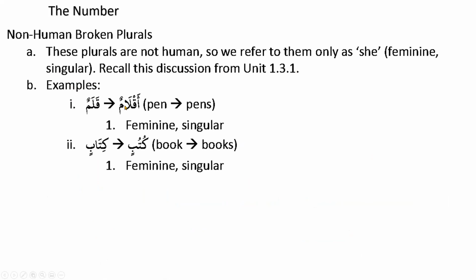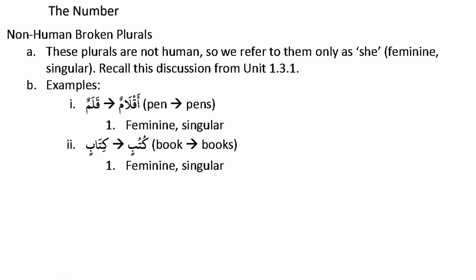So examples: kalam means one pen. Aklamun is pens. Kitab means one book, and kutub means many books. Whenever you see the word aklamun, it's not kalamuna or kalamina. It's not from our chart. The plural becomes aklamun. So there's an extra alif that came up. It's just for the word kalam. There's no rule for that.